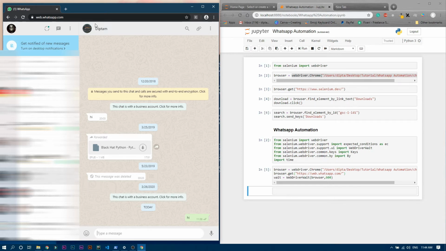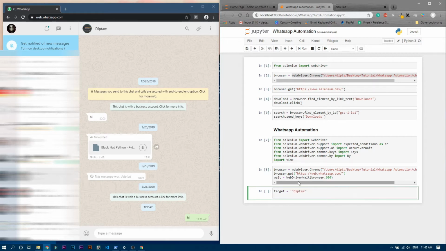Here you can see that we have this Deeptam name over here, it is my account, my other phone number, and here I have to name it. So I'll just write target equals, then you need to use a single quotation, and within that we have to use a double quotation. Because it is in markdown we are not getting any suggestions, so let me change it to code. Yeah, now fine. Now we have to write over here a single quotation. Now we have to write the exact name of the receiver. Here it is Deeptam, right?